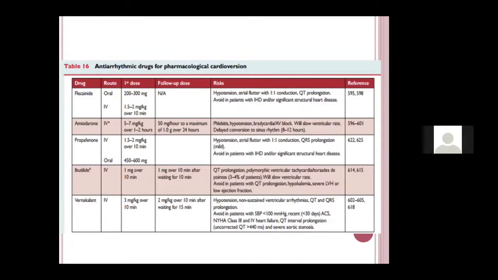So ibutilide is one drug where, if you admit a young patient and you want to change him to sinus rhythm, you have to admit the patient and do a transesophageal echo. If you do a transesophageal echo, you should rule out an LA clot, and after that you can give ibutilide, and the dose is 1 milligram over 10 minutes. And you can sometimes repeat a dose of 1 milligram. You should make sure the patient doesn't have hypokalemia or hypomagnesemia, because it has a high tendency to cause QT prolongation and torsades de pointes. And that is why you should avoid it in patients with baseline QT prolongation, hypokalemia, and hypomagnesemia.